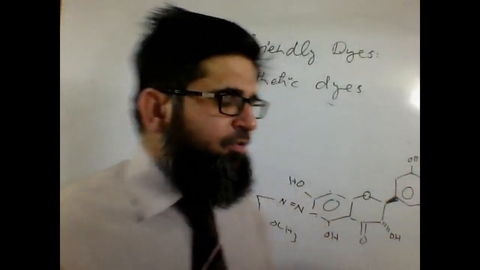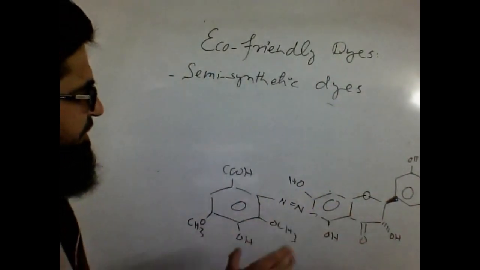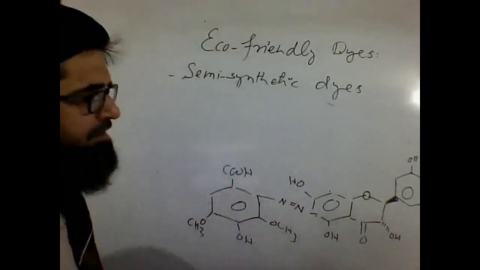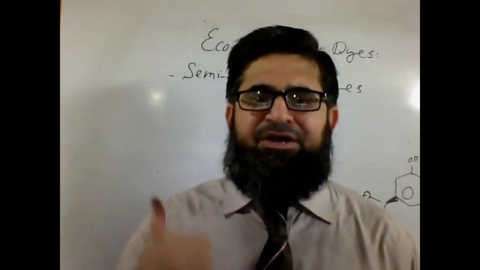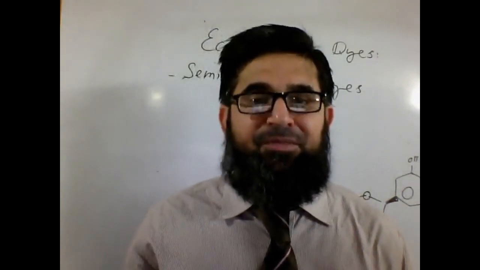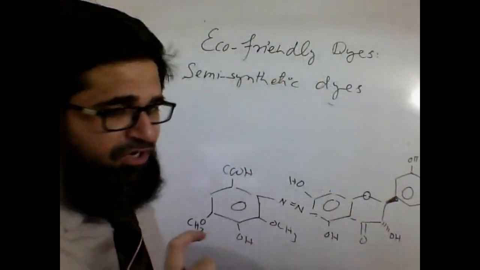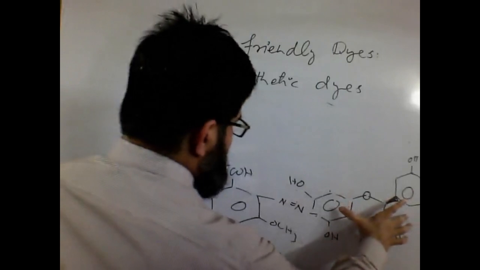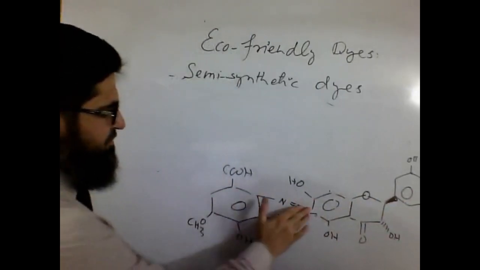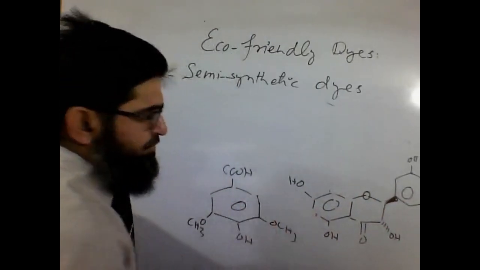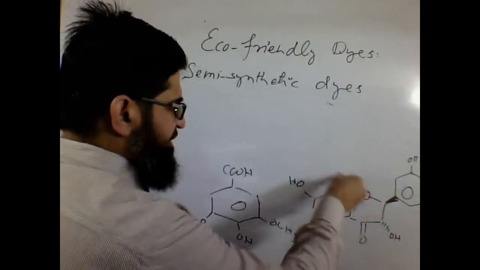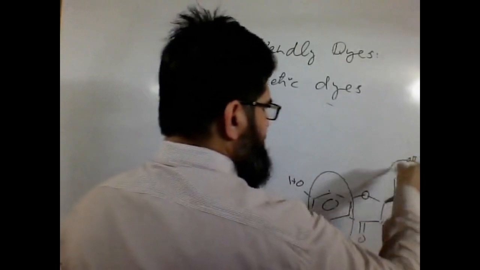We need to look into the structure of the compounds. Is nitration easy on this ring or is nitration easy on this ring? The first step we want to start on the benzene ring is nitration, if we want to generate amines. So we need to look whether nitration is easy on this subcomponent or on this component. Over here you can see this compound carries two benzene rings. Number one this one, and number two this one.